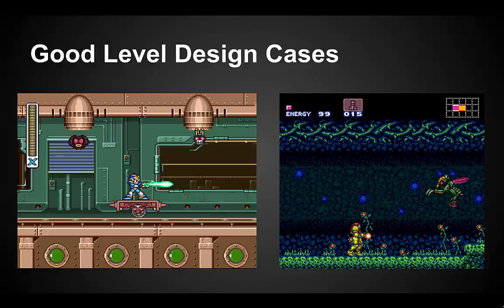And it's also an interesting thing to look at Mega Man X's intro level. The very first level you play when you start Mega Man X, it always takes you to this intro level, and everything in the intro level is very deliberate and very, very well thought out to teach the mechanics of the game just by playing. No text, no nothing, everything's through playing. There's a link later on to a video that talks a lot more about that and why Mega Man X is kind of amazing, which I'll have up later.